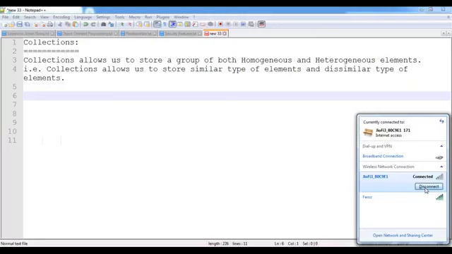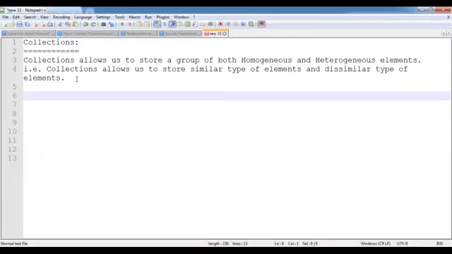Collection allows us to store both homogeneous elements and heterogeneous elements inside it. So both similar type of elements and dissimilar type of elements we can store inside it. Now, whenever I'm storing some elements inside the collections, collections will be working like balloons. For example,